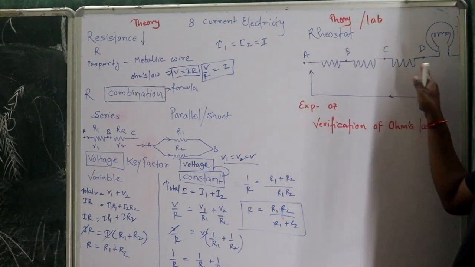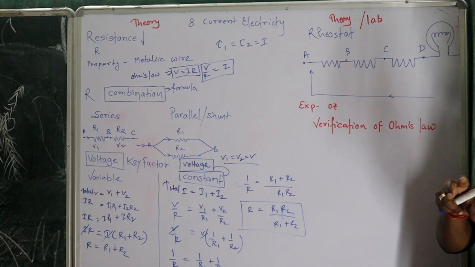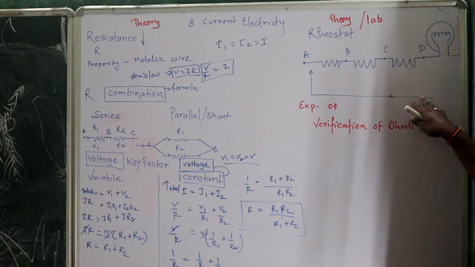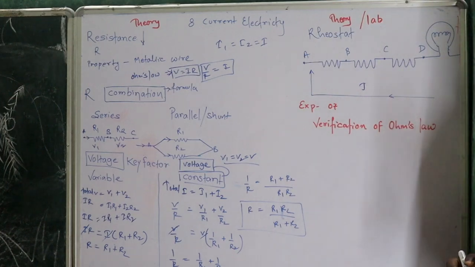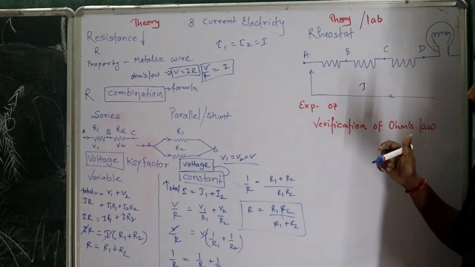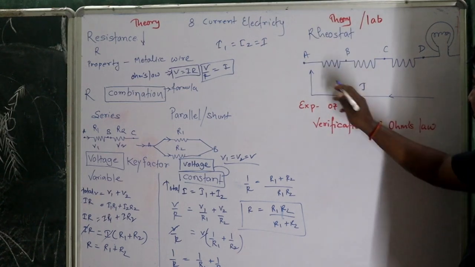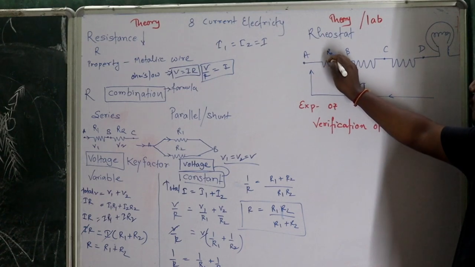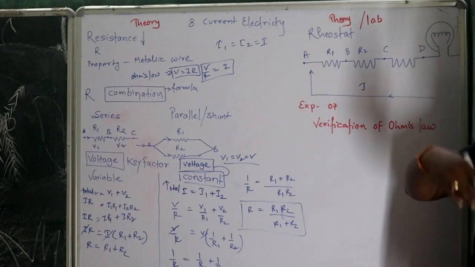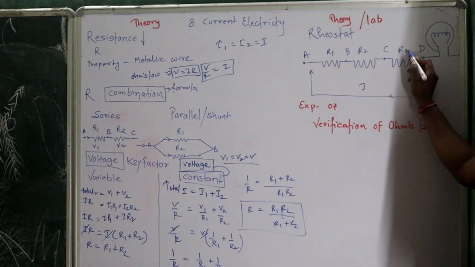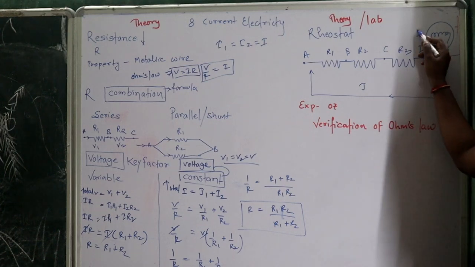So how does it work? Let's see. Suppose this is the bulb, and instead of a fan, I have connected a rheostat, meaning the regulator, with a bulb. And this arrow you can see, it is always called the jockey. Okay, J I have mentioned. So it's a jockey basically. Now you can see the jockey is giving current to the point A. It means the current will go to the point A, then it will go through the resistance R1, then the remaining current will come to R2, then the remaining current will come to R3, and the last residual current will go into the bulb, and then the bulb will glow.